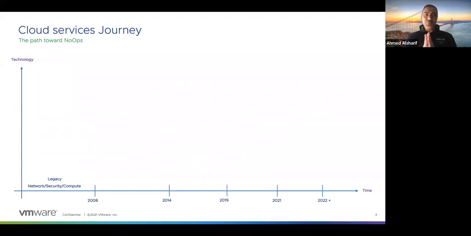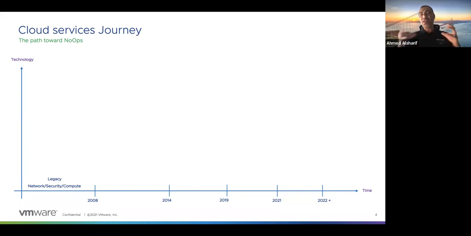All right. So just to understand where SASE fits within the cloud journey, if you look at this word here, the path toward no apps, this is what the hyperscalers, AWS, Google, GCP, everybody will market their solutions. More operation to the cloud, less operation to the customer, so the customer can focus on their own business, transform the business, and make their business better.